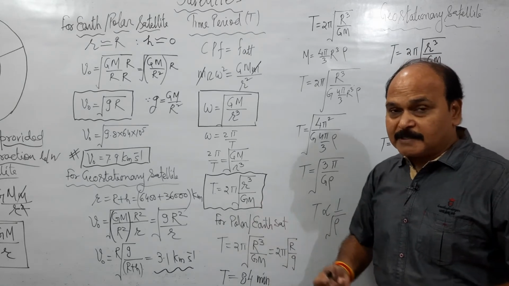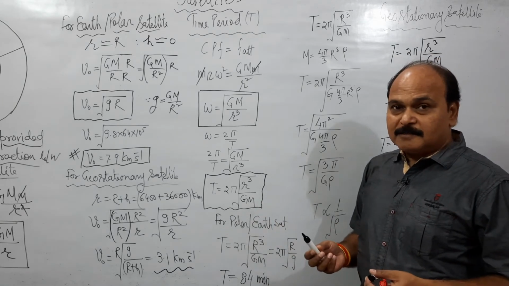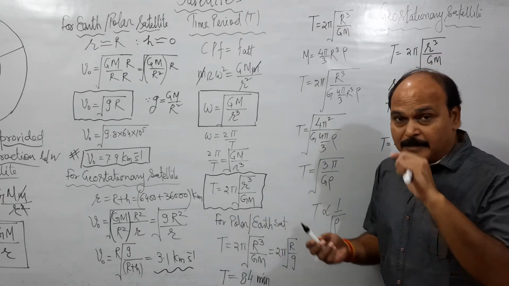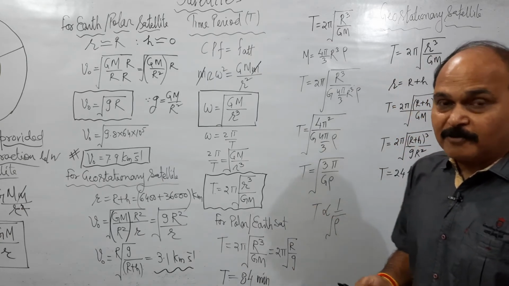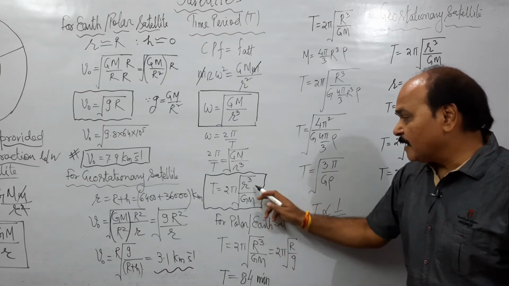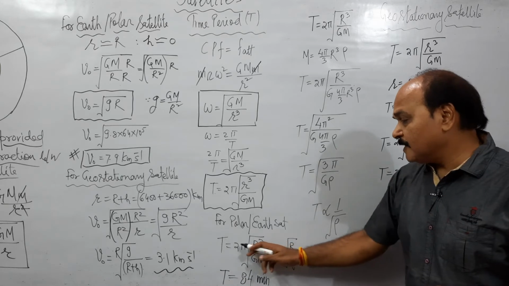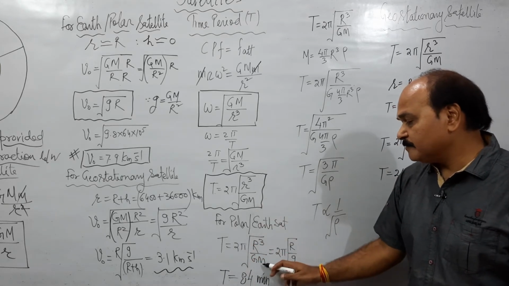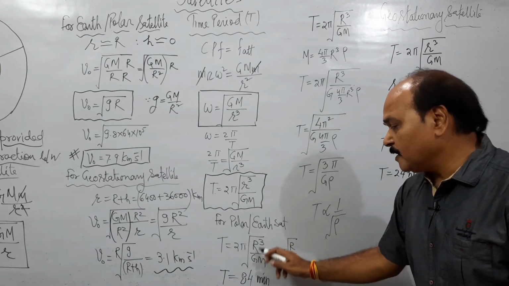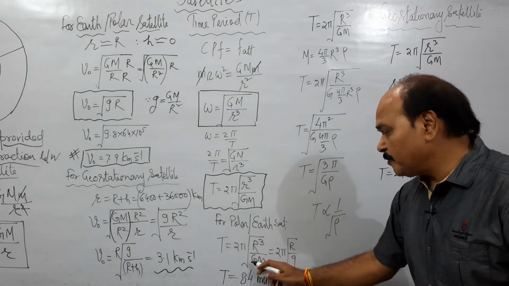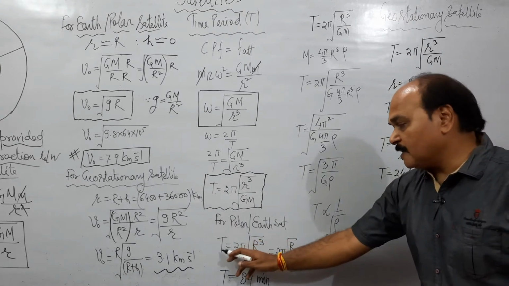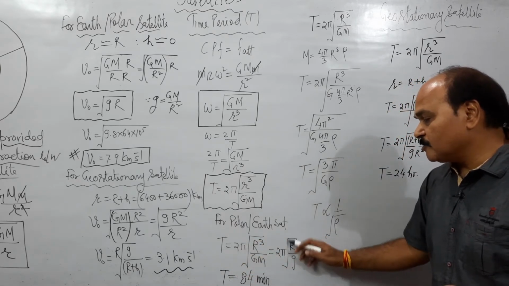As usual, if the satellite happens to be a polar satellite, an Earth satellite whose distance from the Earth's surface is negligible as compared to the radius of the Earth, or the radius of the planet, what do we write this r as? We write this r as capital R, which is the radius of the planet. We get T as 2 pi times square root of r cube upon GM. Well, GM upon r square. One r square can be taken from here to the denominator. The GM upon r square becomes g, and we are left with R in the numerator. So this time period can also be written as 2 pi times square root of R upon g.